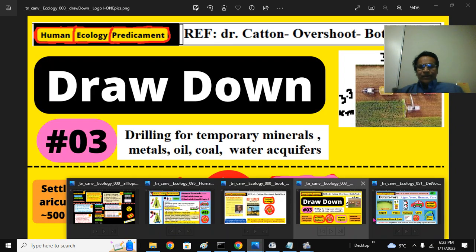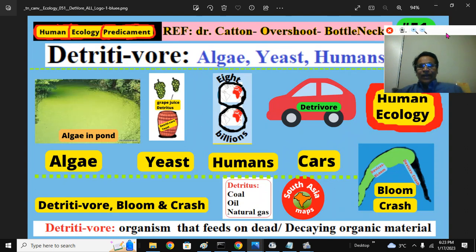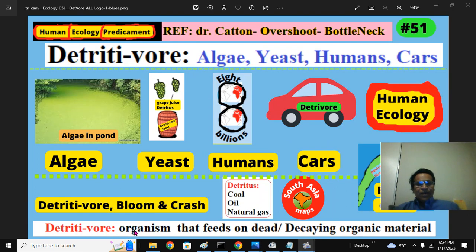And we also see detritivores. Detritus is the decaying organic matter, dead organic decaying. Algal pond, where the algae are washed, here they are dead, so detritus. Certain plant material, nutrients coming, the algae live on this. Those are detritivores. Here we have crushed grapes, you can see these grapes, and those grapes after the harvesting are detritus. Grape juice rich in sugars, yeast growing there, so they are detritivores. Algae are detritivores, yeast are detritivores.